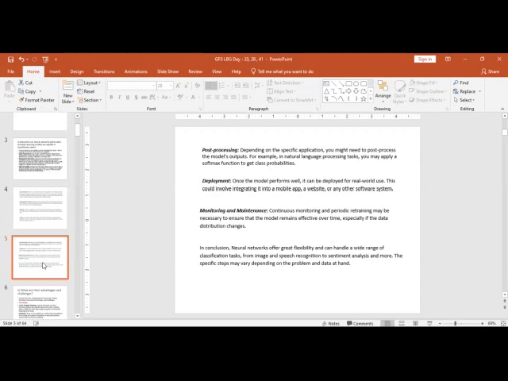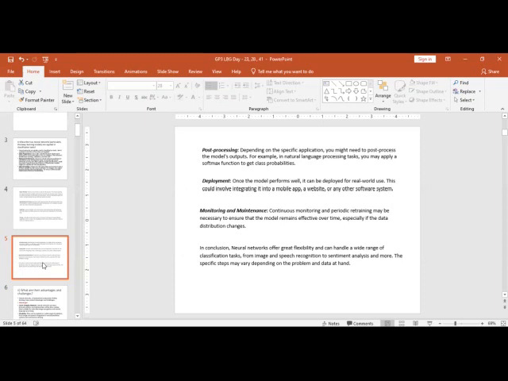Then you have deployment. Once the model performs well, it can be deployed for real-world use. This could involve integrating it into a mobile app, a website, or any other software system. You have monitoring and maintenance. Continuous monitoring and periodic retraining may be necessary to ensure that the model remains effective over time, especially if the